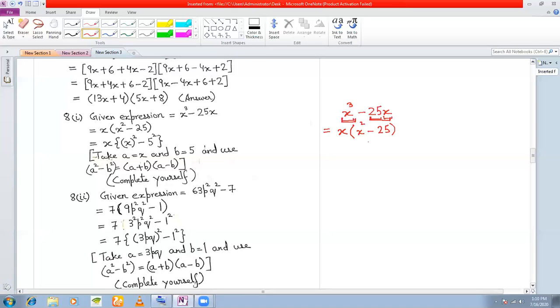Right? Now it looks very good because x squared is a perfect square and 25 is also a perfect square. Now we can work with this. So now this will work, so that now I can break this as a square minus b square equal to a plus b into a minus b. So this is a plus b into a minus b. That has been factorized.